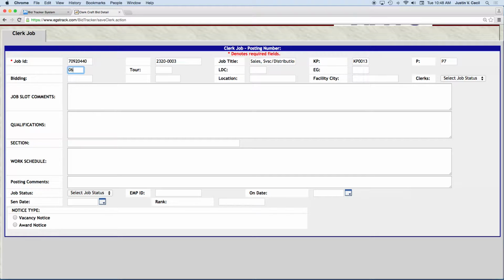All right, P706, tour 2. Oh, we could just put in 2 right there. LDC 45, and the EG is a full-time, okay. And then bidding, this is newly established. All right, this is a newly established job, and the number next to that is